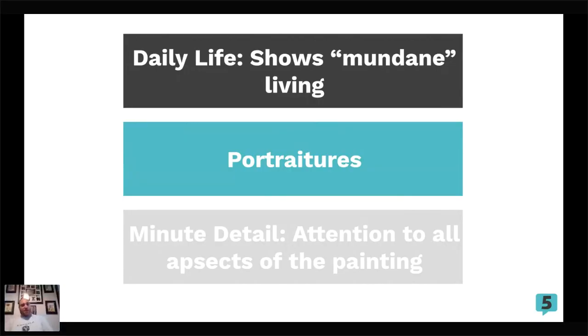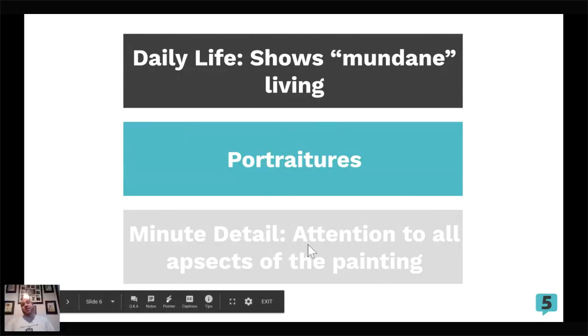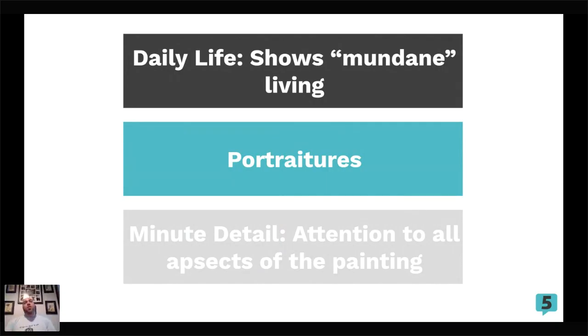The Northern Renaissance art is known for its minute detail. Italian Renaissance had detail, don't get me wrong, but the Northern Renaissance had detail to such a degree that you could look at a painting of daily village life, and if you were to take a magnifying glass and find that little kid that's playing in the background, it'll show you exactly what he's playing with. That is what we're talking about with minute detail to the aspects of the painting. That's what we're referring to when we are talking about the attention to detail that they had in the North that they just didn't have in the South.